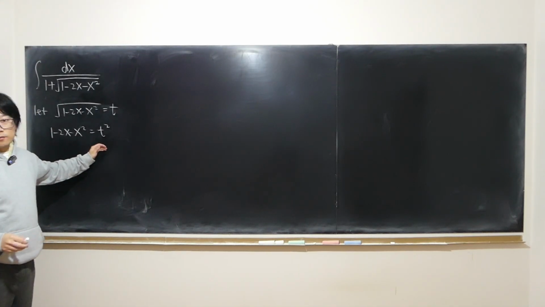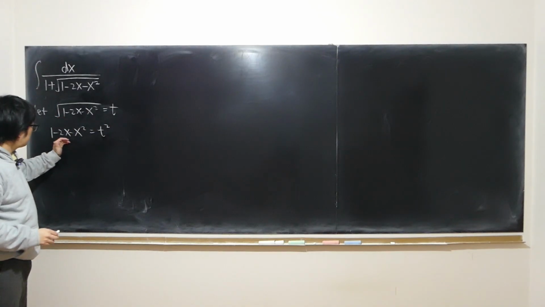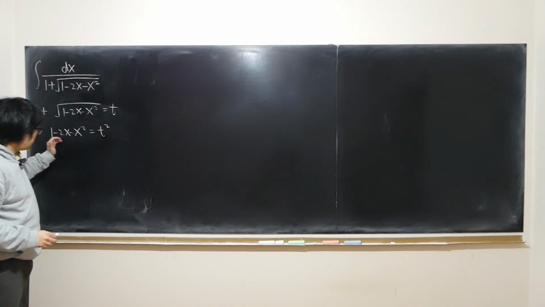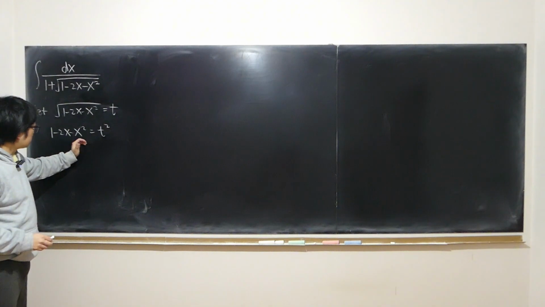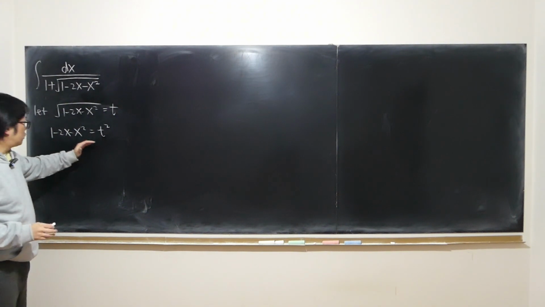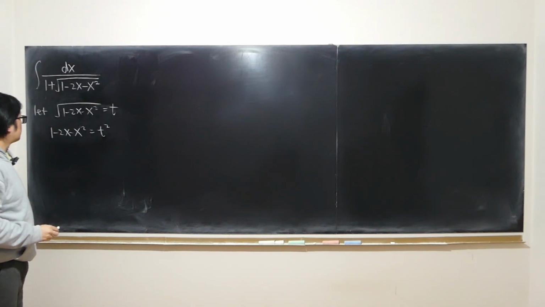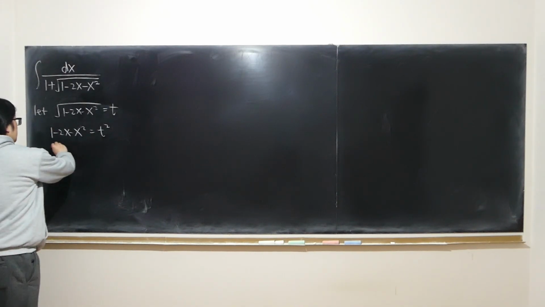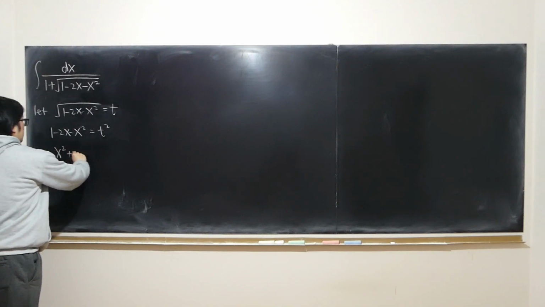I highly doubt that, because this is a quadratic function in terms of x. So if we really express x in terms of t, it's still going to involve roots. For example, x squared plus 2x,